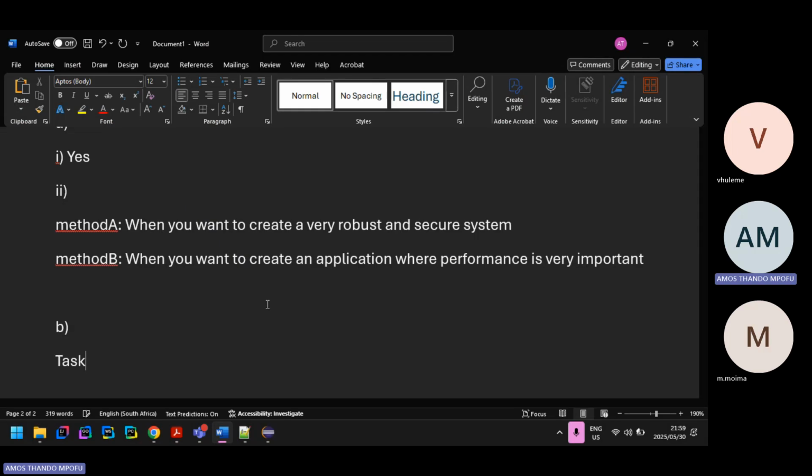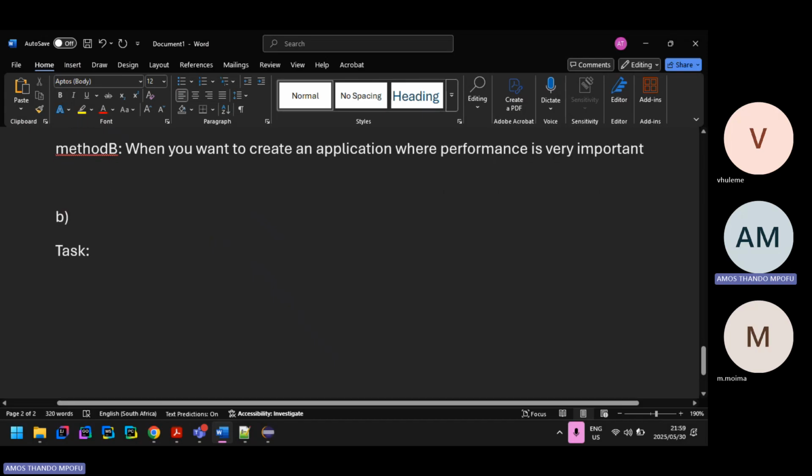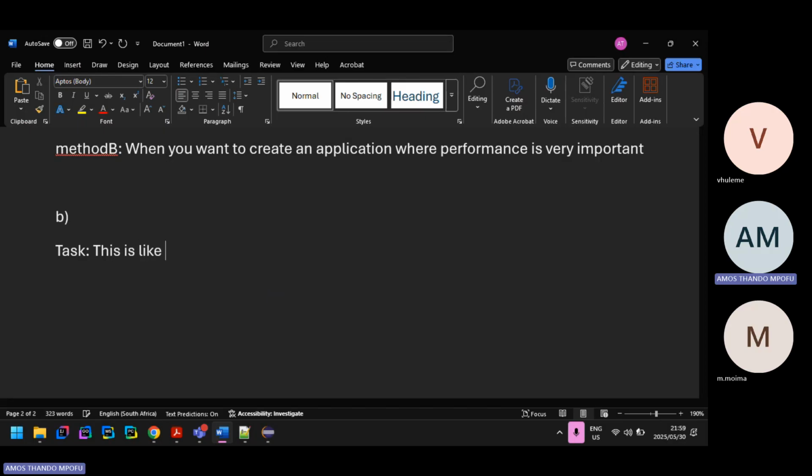So a task, you could say it's like a subsystem that performs a specific action. That's what you could call a task. And then a thread